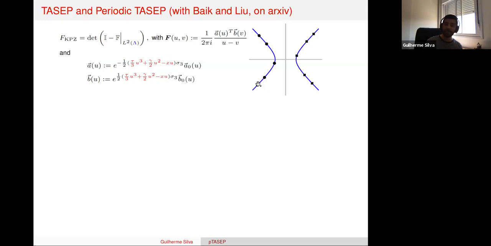And here I'm already putting those dots and those squares. So those dots and squares are exactly the beta roots. Before I only needed beta roots on the left half plane, but now I'm going to need also beta roots on the right half plane. And the contour gamma here in blue is exactly the contour where this shifted GUE